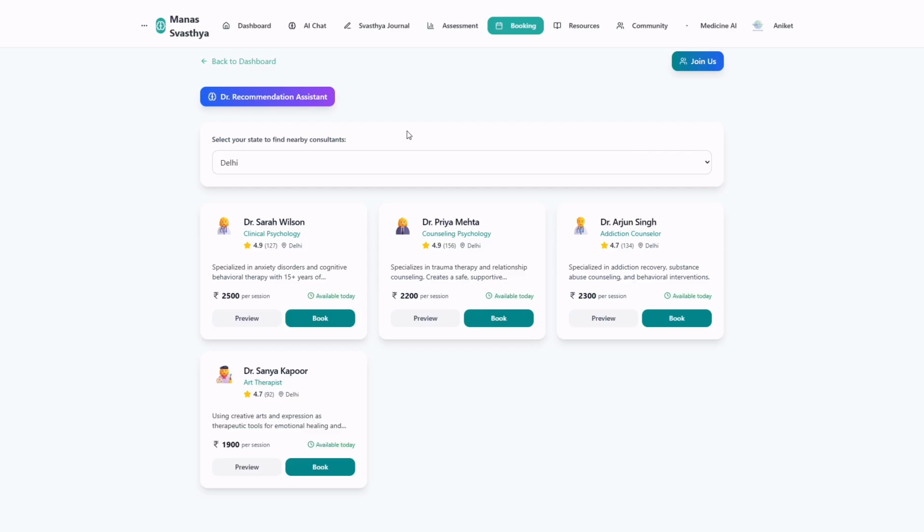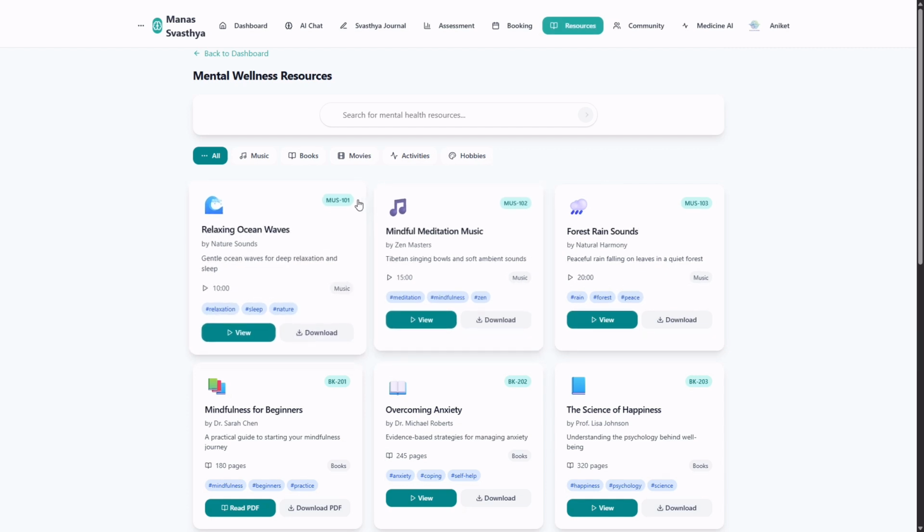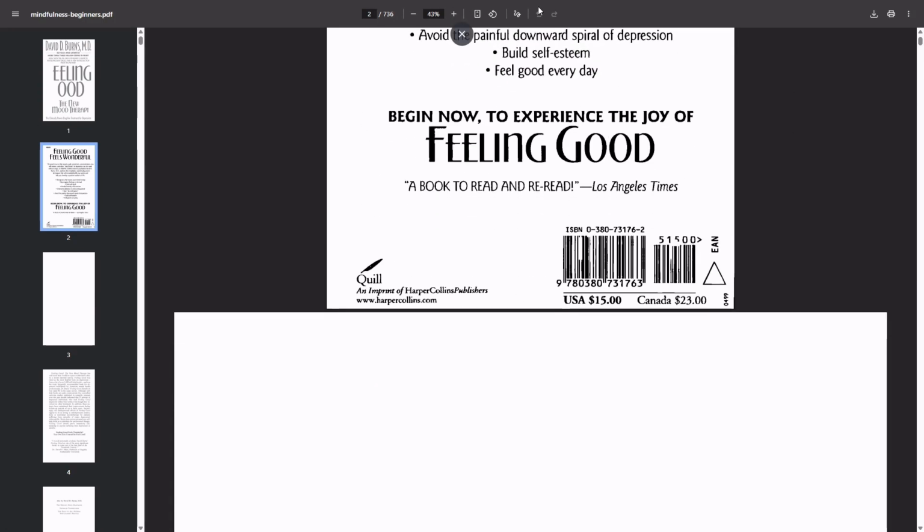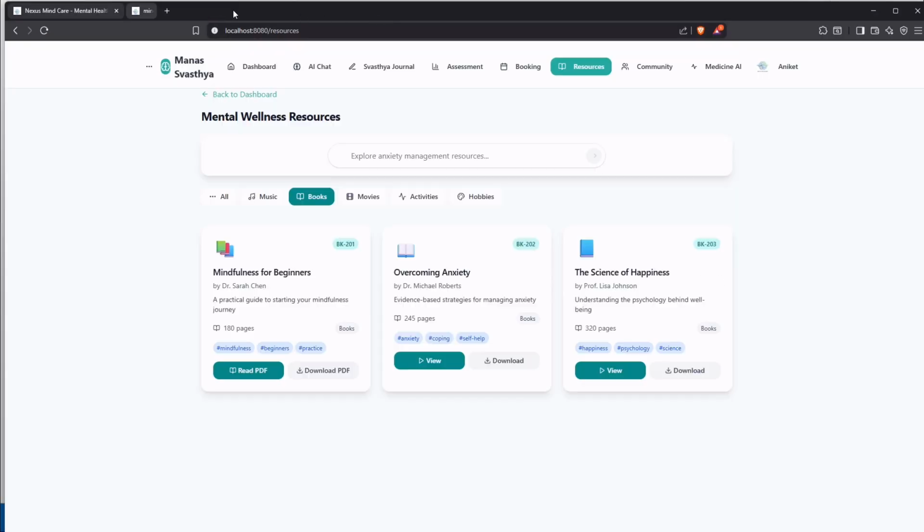So making this a project which is completely scalable and monetizable, as well as accessible by various kinds of stakeholders, not just students. So moving on, judges, we have the resources tab, a very minimalistic resources tab, which also has a search bar for searching particular resources, quick access tabs, and the resources are either readable like this or downloadable